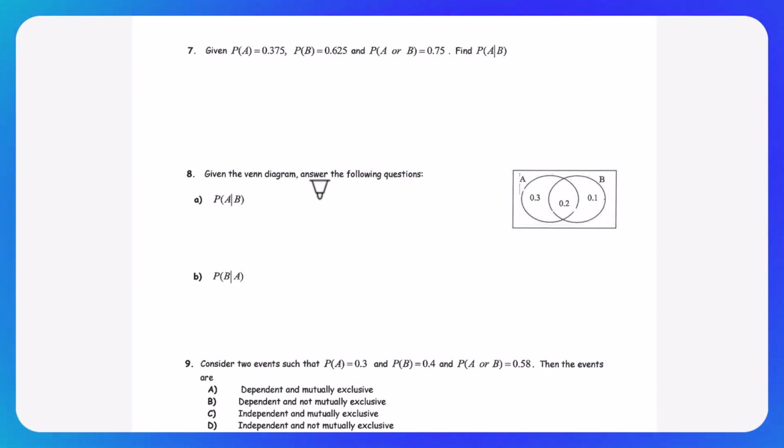So the probability of A is 0.375 and the probability of B is 0.625. And the probability of A or B is 0.75. Find the probability of A given B has already occurred. Okay, well, if I wanted to do this question, I would first need to write down the fact that it's a dependency, so that the probability of